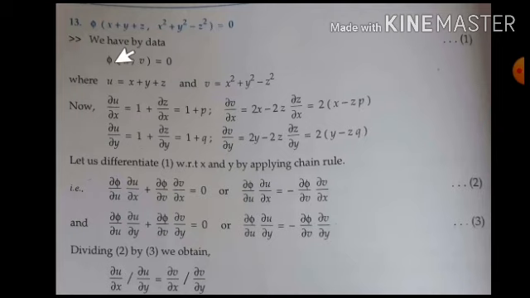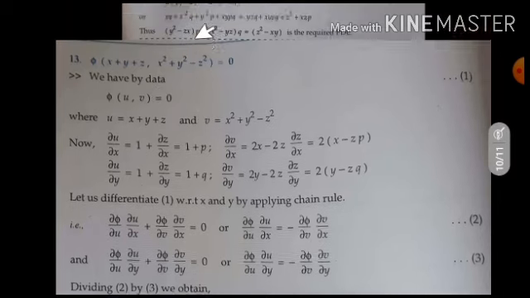Similarly, partially differentiate phi with respect to u and u with respect to y variable, plus partially differentiate phi with respect to v and v with respect to y variable. And here we are not going to differentiate phi with respect to z. The reason is z is dependent variable here, dependent variable with respect to x and y. X and y are independent variable. Hence only you need to do a partial derivative with respect to independent variable x and y, not with respect to dependent.